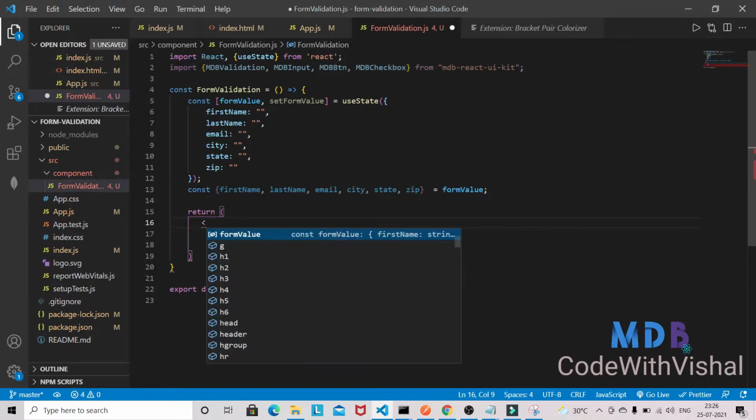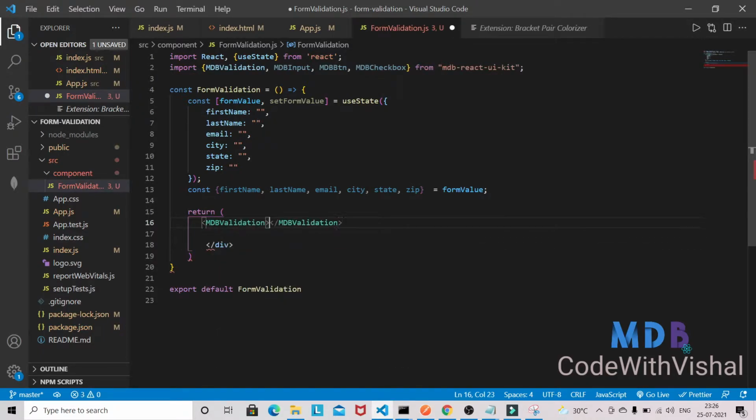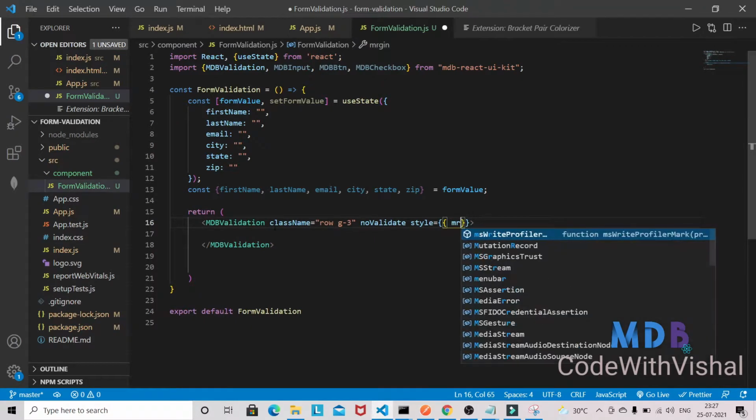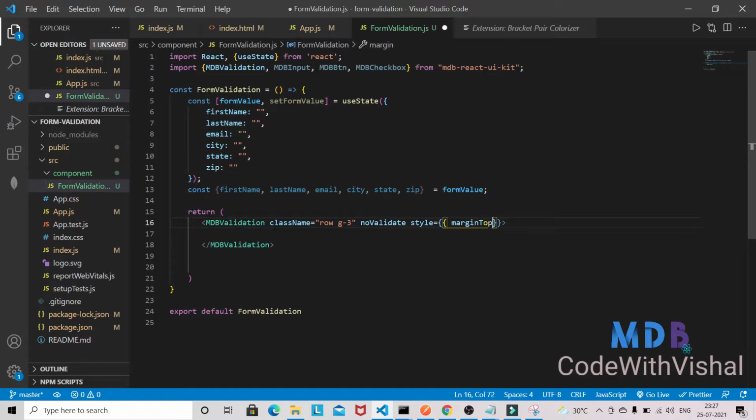I'll remove this div and use MDBValidation. We don't need this div. Here the className will go. So the className will be row g-3 needs-validation, and I'm going to provide some inline style here, like marginTop 100 pixels.